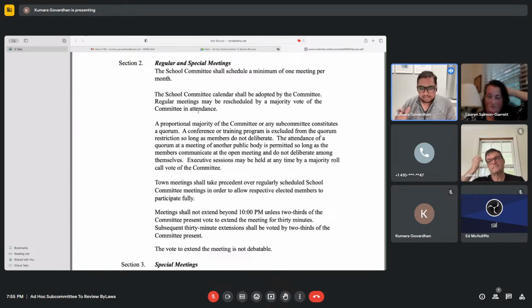And so it always amazed me that you needed a 2/3 majority to do any extension beyond, if I'm reading this correctly, beyond 10. I thought maybe just a simple majority would be good, but I don't know the logic and discussions that previous groups in the school committee, well before all of us here, had to decide that you would need a 2/3 to go beyond 10. So that was just one thing, but it's a big deal, I think.